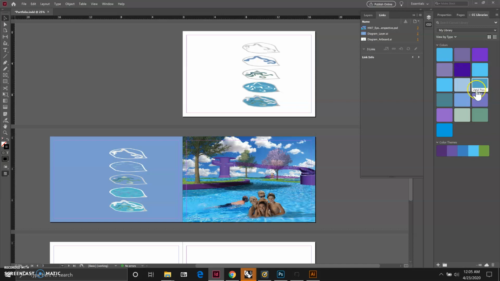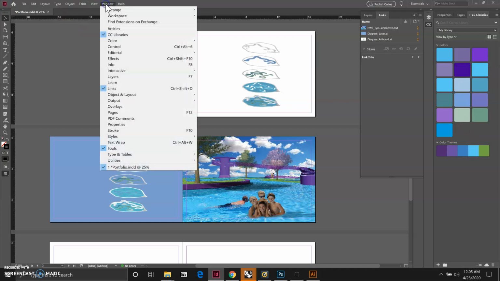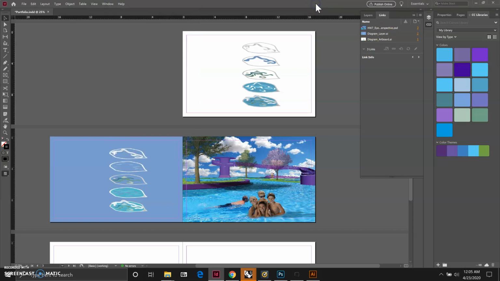So this is when the color libraries come in handy. Remember, we created this in Photoshop and then it's accessible through the Creative Cloud. If you don't have this panel up yet, you can go to Window and make sure your Creative Cloud libraries is turned on. So it looks like the regenerated watercolor swatch is going to really help coordinate the dark background